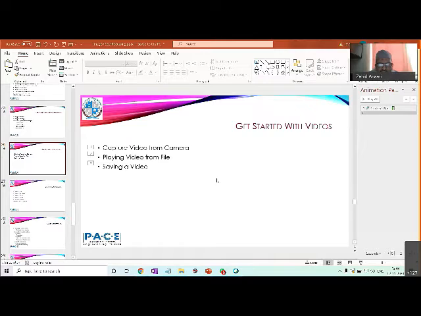In this, we'll first learn how to capture a video from the camera. More specifically, in my laptop the camera is there. Through that camera, I will try to capture whatever scene it is seeing, and see how to work with that. And if there is a video file, how to play it, or how to save a video which we captured through the camera into a file. These things we'll see.